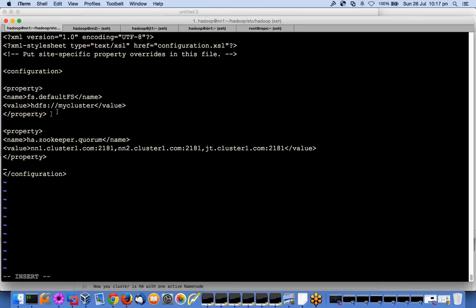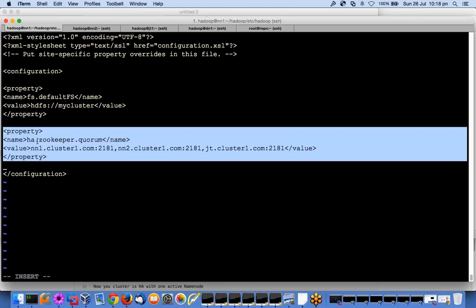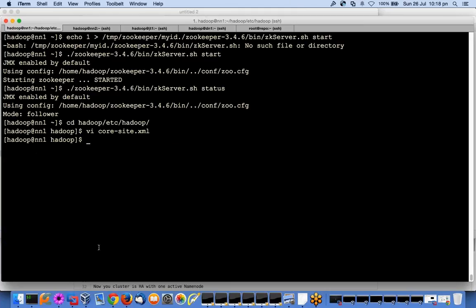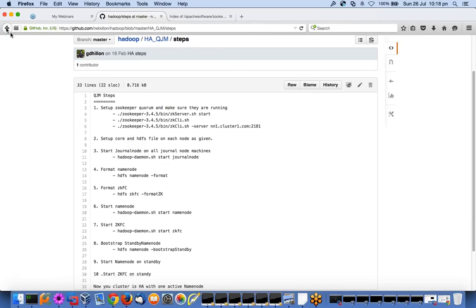I'm saying the same string. Now I'm putting one more property. I'm saying the high availability Zookeeper quorum will be maintained by three nodes, NN1, NN2, JT nodes. And these are the ports where you can connect to, right? Same thing is available in my GitHub as well,